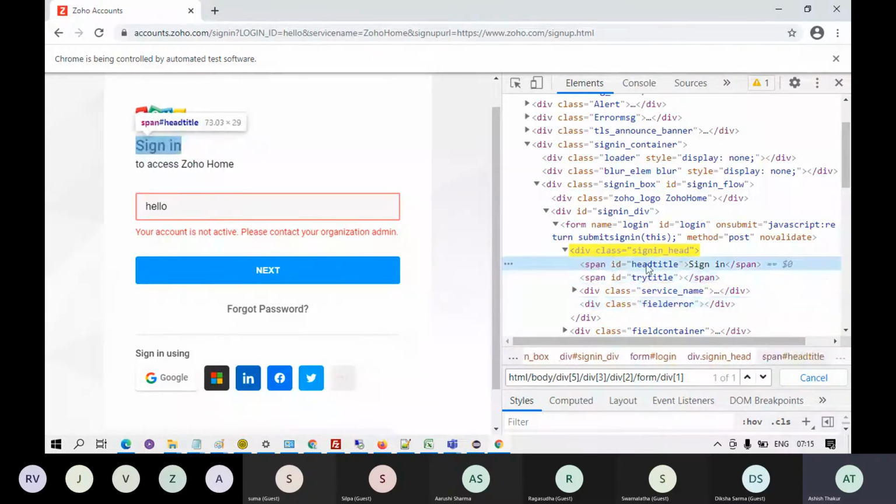You want to go inside the first span tag, which is having the sign in text, so you will write /span bracket 1. So this way you reach the span tag over here. Okay, so this becomes your complete XPath.